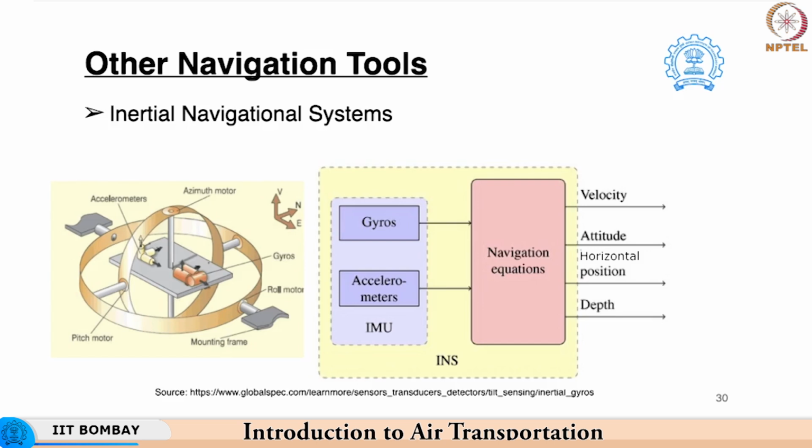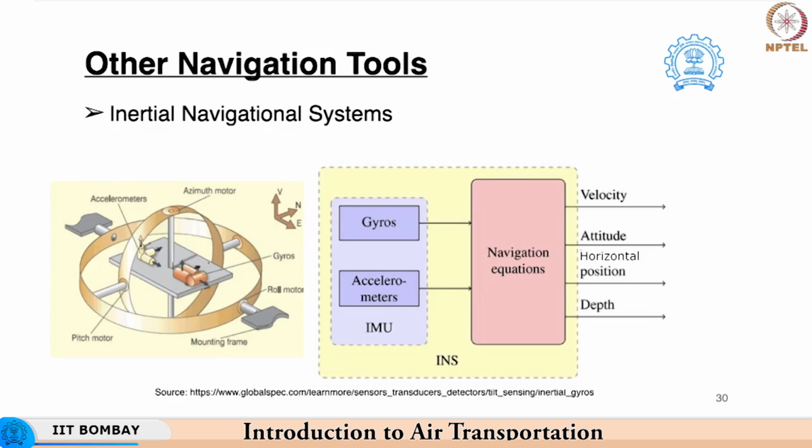These inertial navigation systems make use of an inertial measurement unit on the aircraft. As I mentioned, these operate based on the principle of the gyroscope. This principle was mentioned to you in the previous lecture, but I'll just brief you again. These gyroscopes make use of a number of gimbals and a spinning gyro. The spinning gyro, when it is rotated in a particular axis, retains its axis of rotation, whereas the outer gimbals are free to rotate in any orientation.